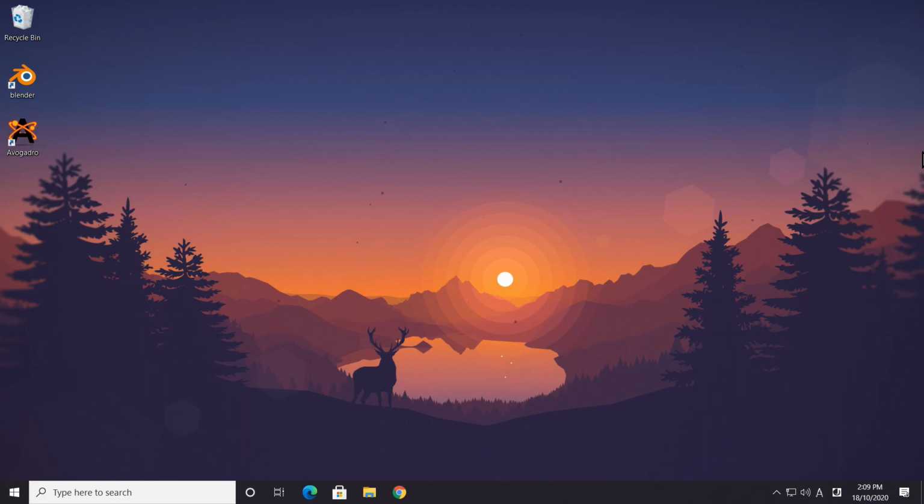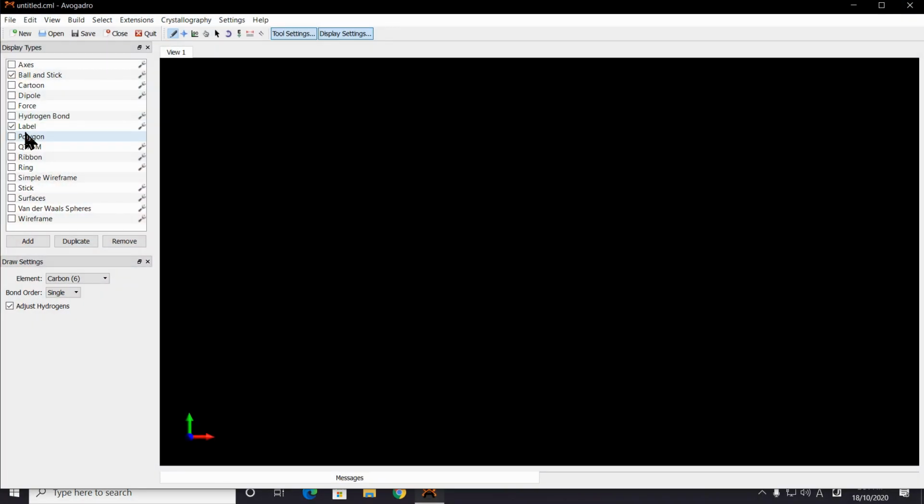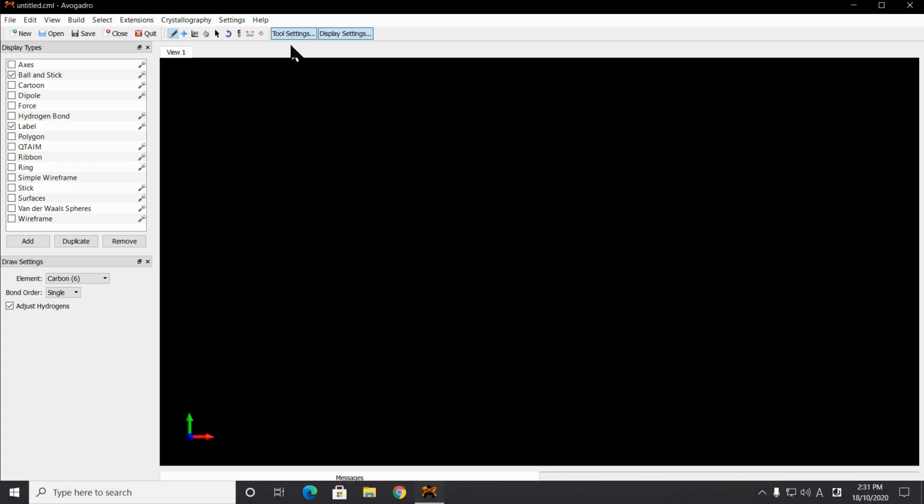Please note that this video is being recorded in October of 2020 on a Windows 10 PC. Let's start with creating the glycylglycine molecule by opening up Avogadro. As usual, we start by ensuring both the tool settings and display settings boxes are highlighted in blue and selected. Next, we just ensure that only the ball and stick and label checkboxes under the display types tab are checked,